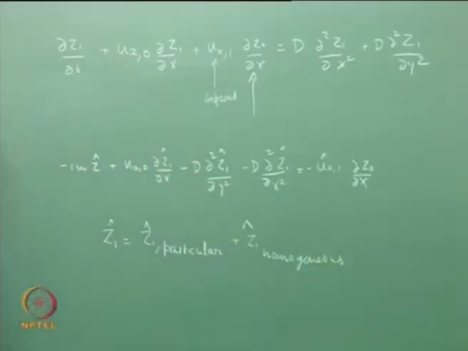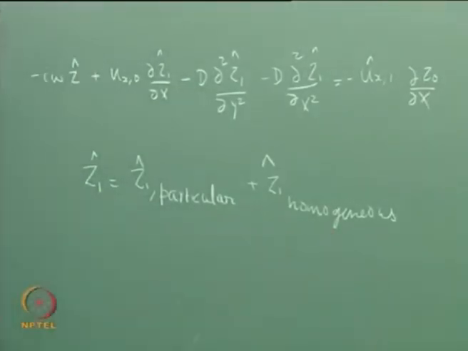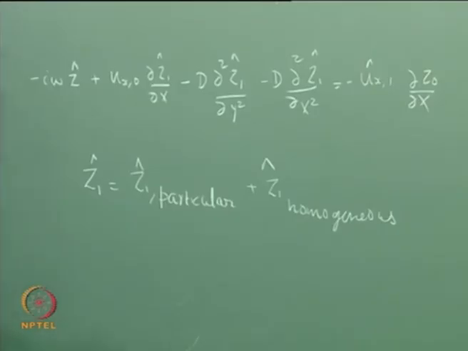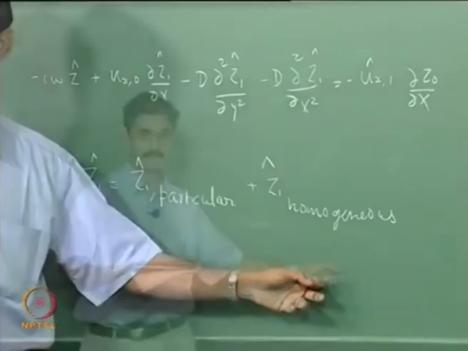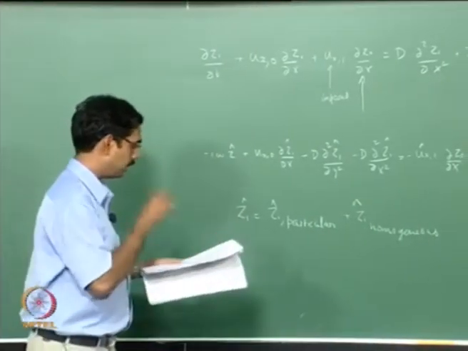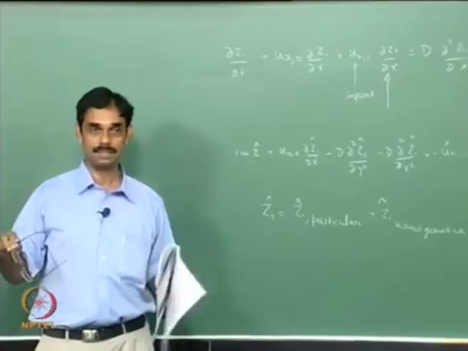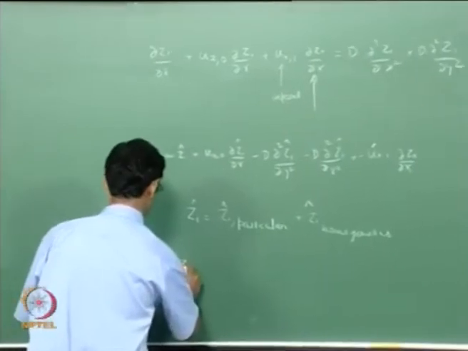The solution will have two parts, a particular integral and a homogeneous integral. We will first solve for the particular solution, and then we will solve for the homogeneous solution. That is a standard technique in differential equations. There are several methods by which we can obtain it. You can make a clever guess and say that Z1 hat